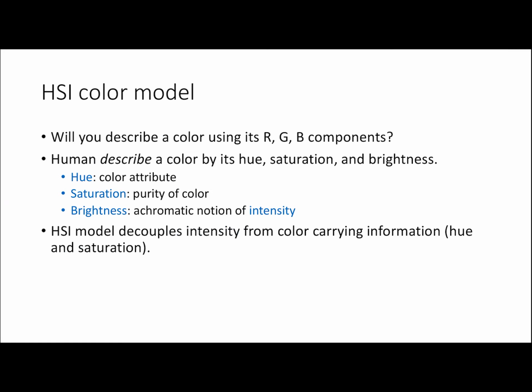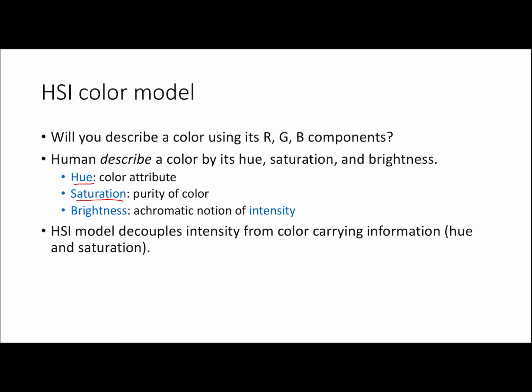printers. But when it comes to human interpretation, we do not really think of how much red component, how much green and how much blue component is contained in a particular color. What we really think of is what is the prominent color in a specified color. So what we have is hue, which tells us the prominent color, the prominent primary color or the spectrum color.